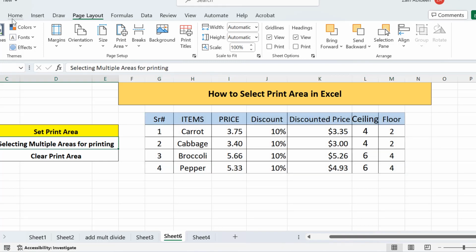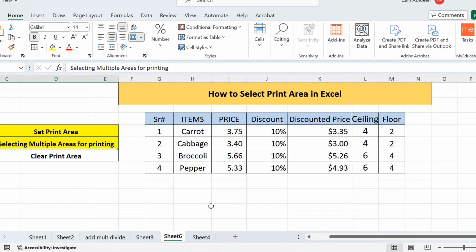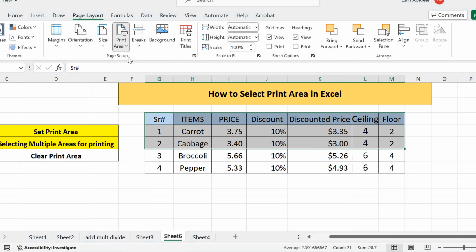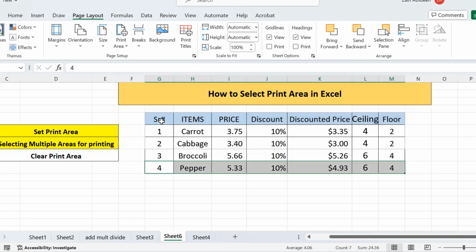Next is how you can select multiple areas for printing. Let's see how you can do that. For example, if I select this area, then go to Page Layout, then Print Area, and set the print area. Later I want to add more area to this print area. What I will do is first select these 2 rows, then press Ctrl and select this row also, because I want the 1st, 2nd and 4th rows to be printed on the page, and I don't want the 3rd row to be